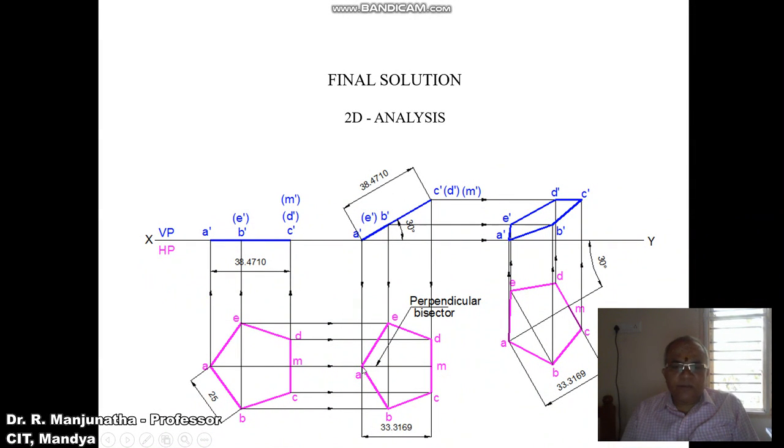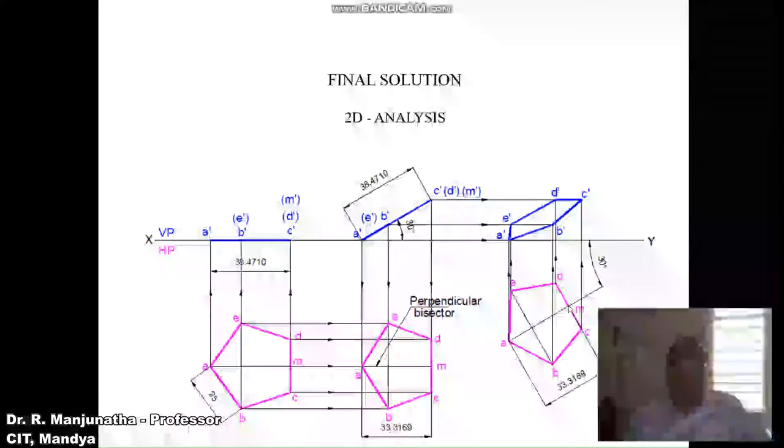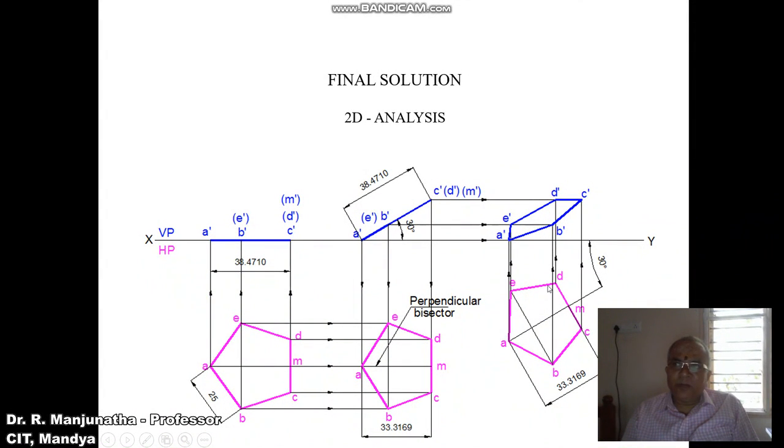Similarly, you measure the distance from A to this point, and from A you transfer it on the AM line. Then using the protractor with this as center, with respect to the AM line, you measure an angle of 90 degrees and draw a perpendicular to that inclined line AM. Then you measure the distance from M to C and M to D, which both have equal distances, and transfer from this point. You mark this from M and cut an arc below that line, and the same distance is transferred above that line, and you mark this point as C and this point as D.